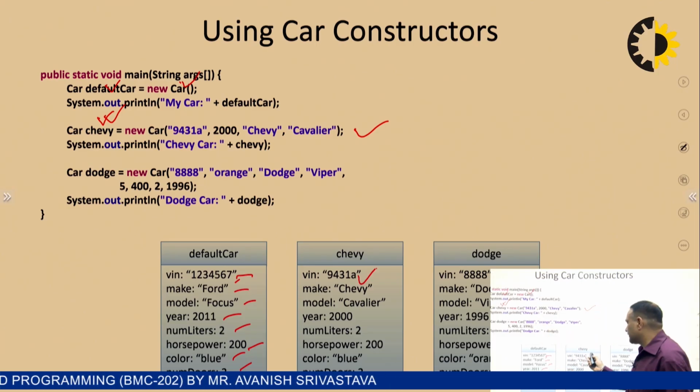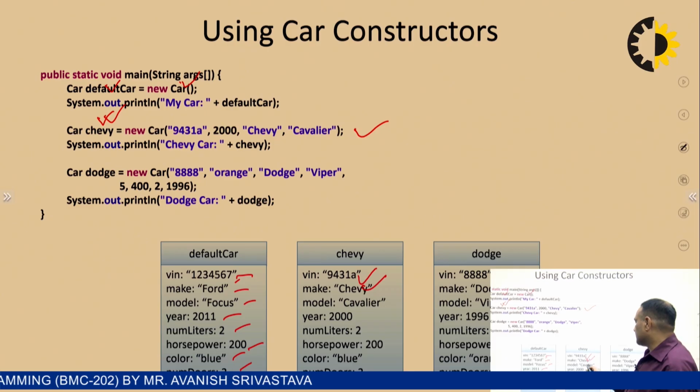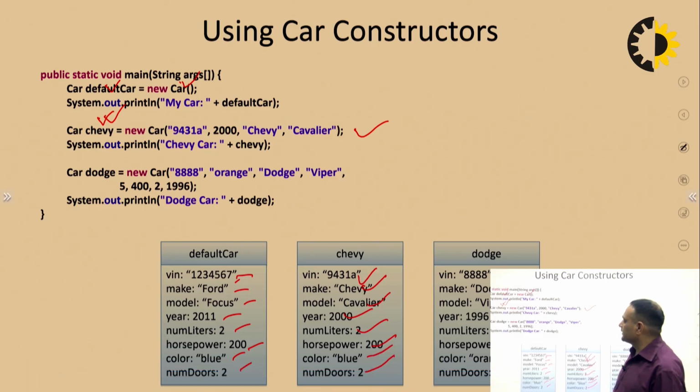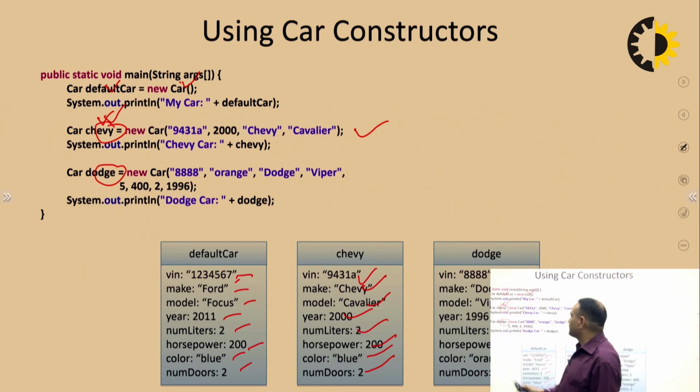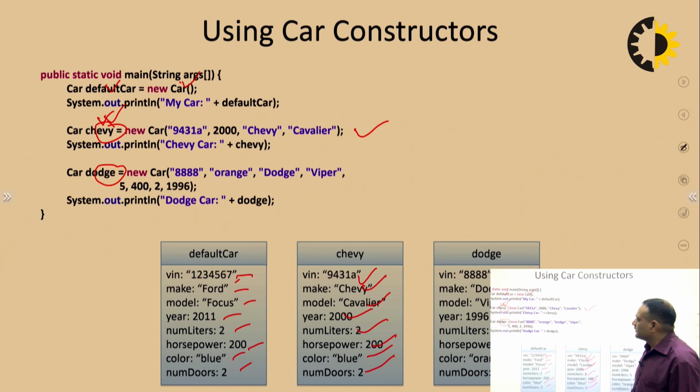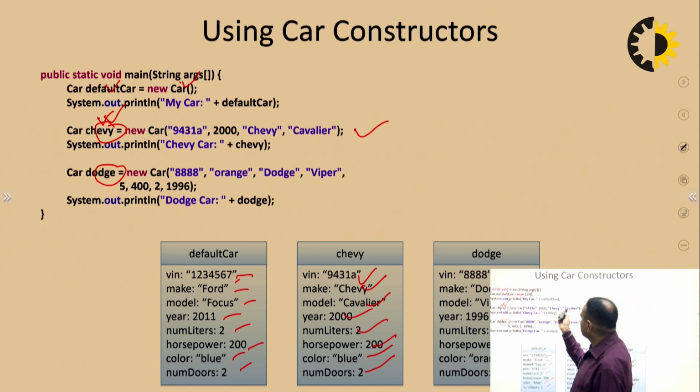That is VIN, make, model, year, number of liters, horsepower, color, number of doors. These are some of the parameters. Here you can see that this particular object, and you are already creating both as different objects, and through the different object, in this context you are passing 1, 2, 3, 4